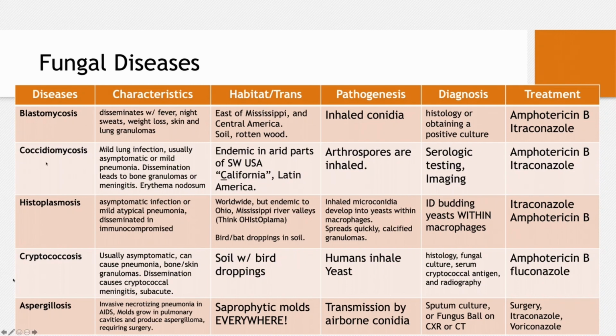Moving on to coccidio. When I think of coccidio, I think of the C in coccidio. I think of California, Latin America, Southwest USA. It's endemic to that area. For these, they usually get a mild lung infection. Sometimes it's actually even asymptomatic. You can also have a mild pneumonia, and a lot of times in vignettes they'll throw in